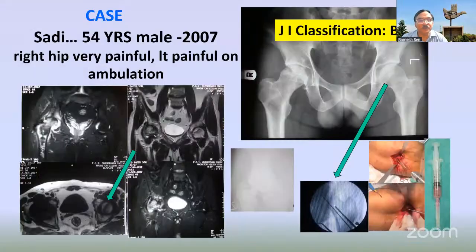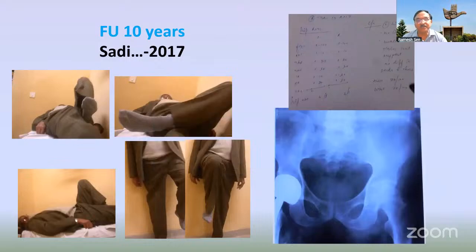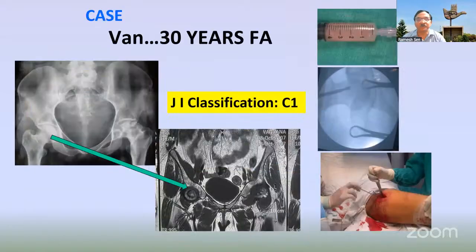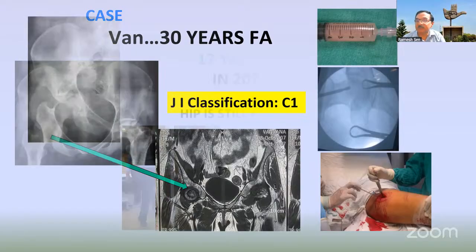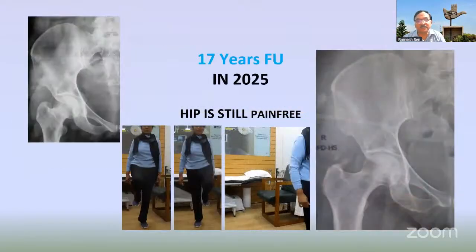Another patient in 2007, again, one side was already bad, but the other side showed AVN at that lesion. So I went for this kind of treatment, and it's a B2 lesion, and it is 10 years follow-up, which you can say the hip has well survived. This is another patient, probably 2009, which I did, 2007, when she came, one side was bad, went for a THR, another side, I tried to save with the same kind of treatment, and this is her 17-year follow-up now in this year.